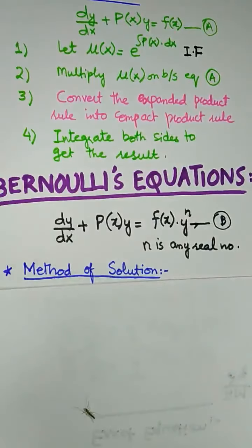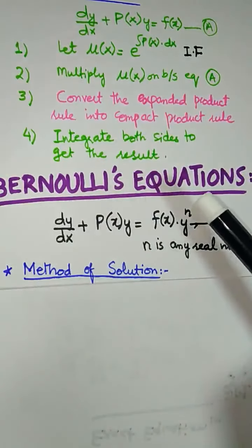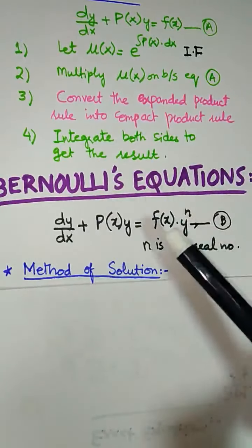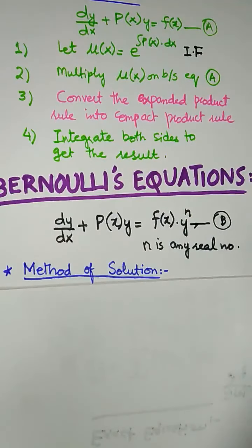So that is Bernoulli's equation, where n is the power. So n can be any real number. It can be a natural number, it can be a rational number, it can be an integer, it can be an irrational number, any real number. Now we are concerned with how this non-linear first order differential equation is solved. So there are certain basic steps to solve it. So first step is